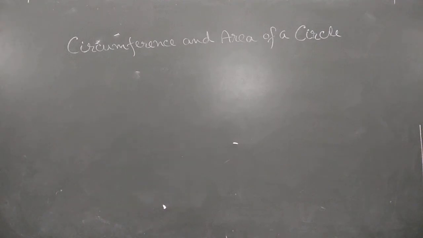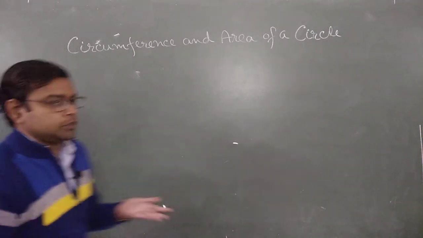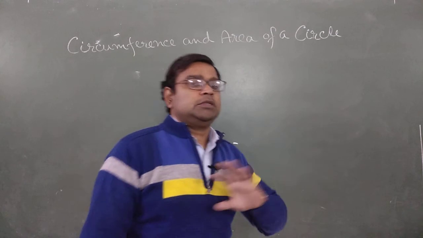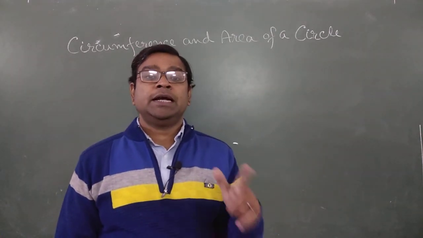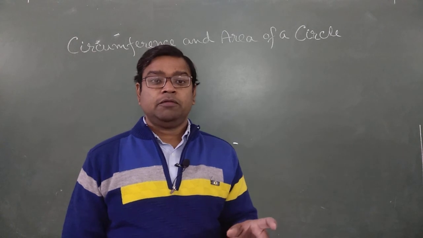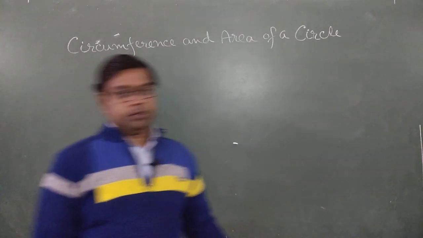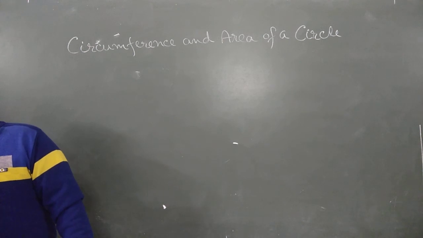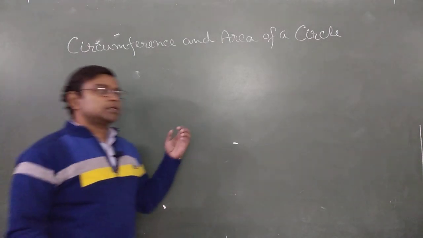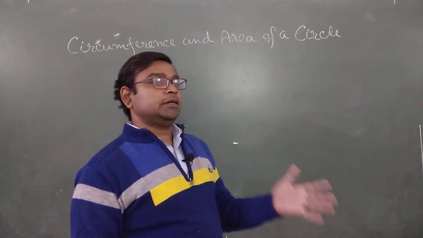Next question is there. In this question nothing is given, only the difference is given. That difference between circumference and diameter is this. Find out the area or the radius, whatever the question asks you to find. So let me read the question. The difference between the circumference and diameter is 30 centimeter.